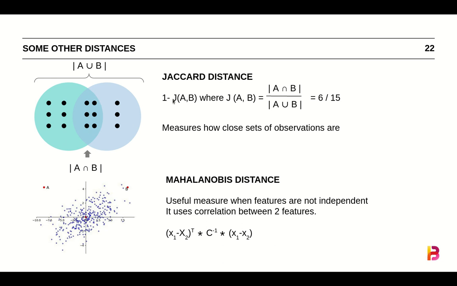So the way Jaccard's coefficient is calculated is the number of points at the intersection of A and B, that is these 6 which lie at the intersection of A and B, divided by the total number of points in A and B. So we have 6 here, 6 here, 3 here, that makes it 15 as the total number of points, and 6 at the intersection, so 6 by 15 becomes the Jaccard coefficient. 1 minus the Jaccard coefficient would give you the Jaccard distance. Jaccard distance would always be between 1 and 0, with 1 being almost overlap and 0 being there is no similarity between the groups at all.